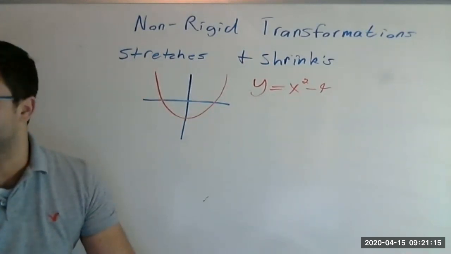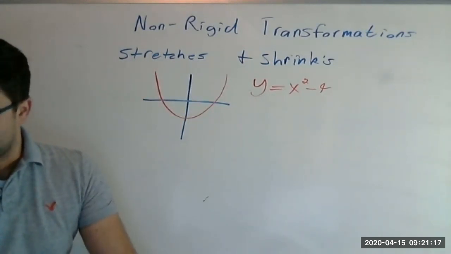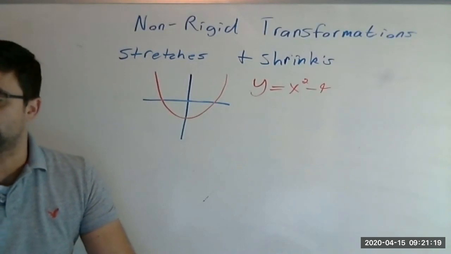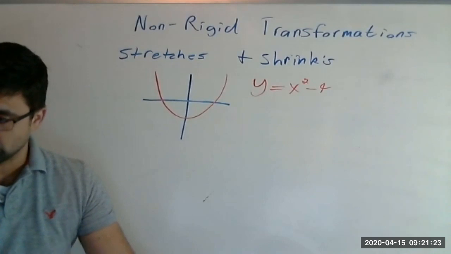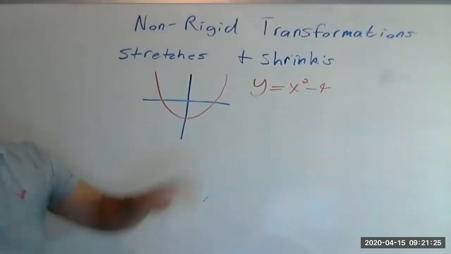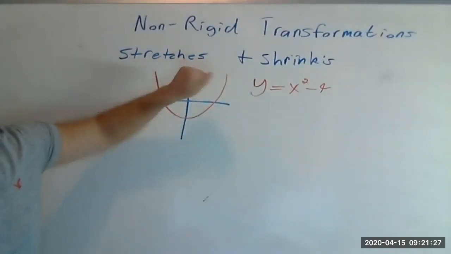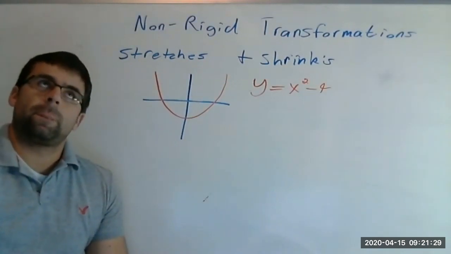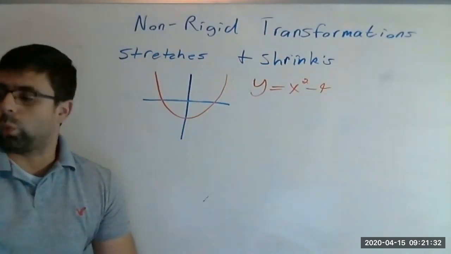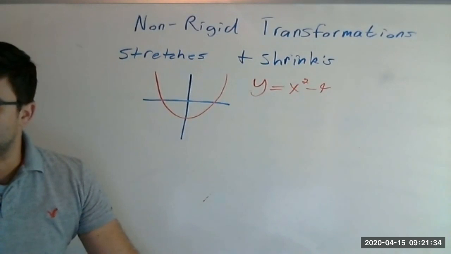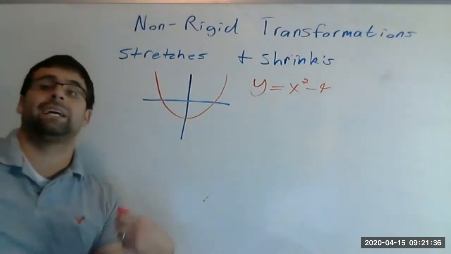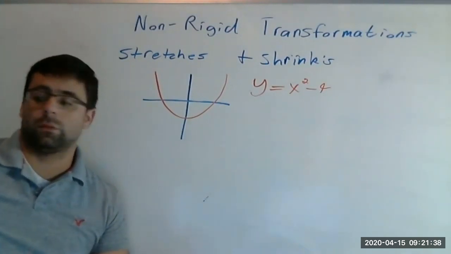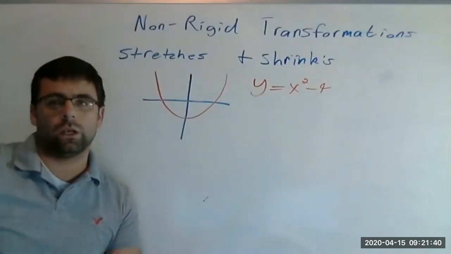When doing these, I said I don't want you to think about actually moving the line. So earlier we talked about, okay, we're going to move the line up. What I want you to do is not move the line up, but